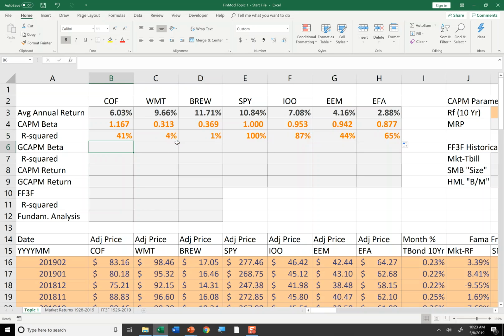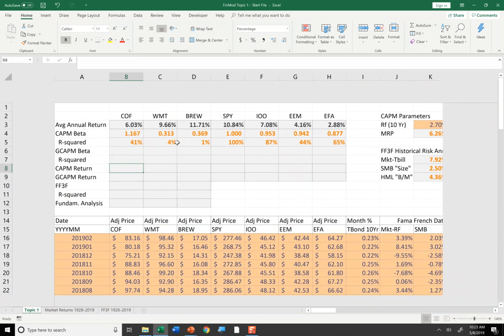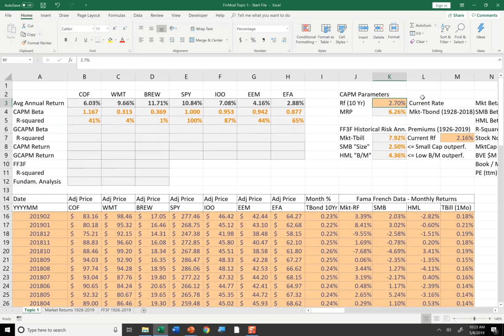I can now calculate the CAPM return. I'm going to zoom out a little bit. I'm going to assume the current risk-free rate using today's Treasury is 2.70. Notice if you click on that cell, it looks like I have a cell reference there, RF. So if you click on any cell inside Excel, you can type in a cell name, say RF, enter. Now I can refer to that cell anywhere in my worksheet or any of the workbooks and just say my CAPM formula is going to be RF, which is going to reference that cell in K3,